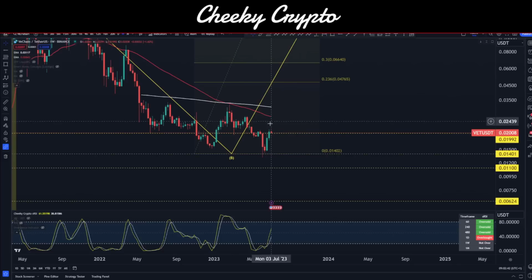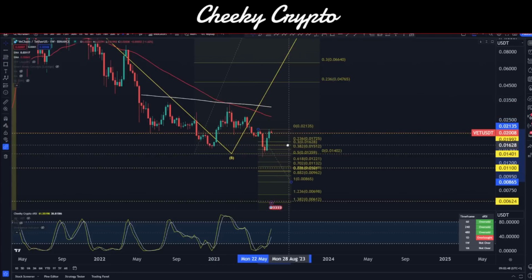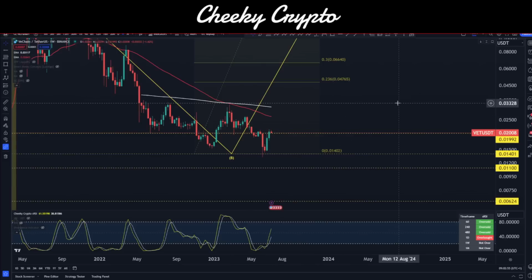One of the things that would be really interesting as a potential bearish situation for Vechain would be a three-wave pattern here, taking us down to lower than 1 cent, coming in at 0.00865. Again, no guarantees until we understand the structure in a little bit more detail, but for the most part, we are gearing up for a bit of a move to the downside on the weekly, but not yet though. I think that will come once we are overbought on the 8 hour time frame, the 4 hour time frame,